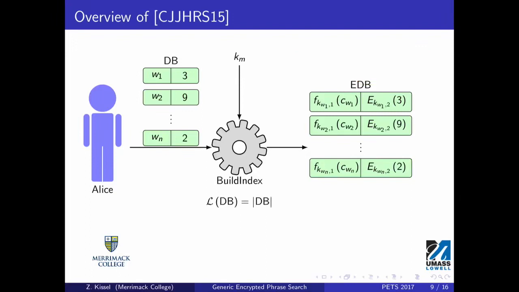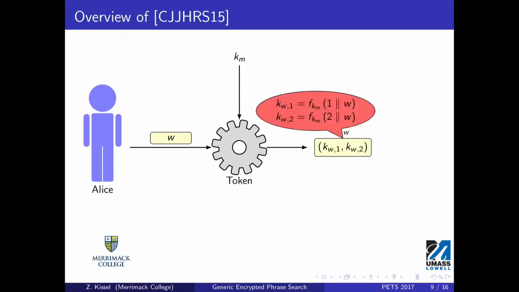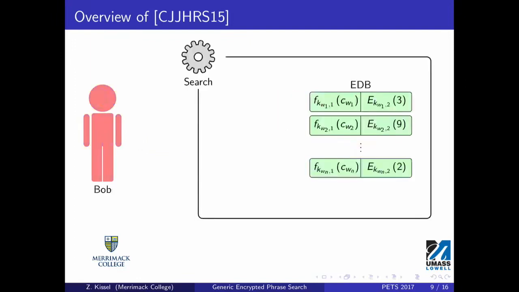The leakage is nothing more than the number of entries, so this is minor. To generate the search token, you get a word in the master key, and it outputs the key pairs we saw in build index. Okay. To perform a search, Bob forwards the token to the search algorithm, and then generates the first pseudorandom label